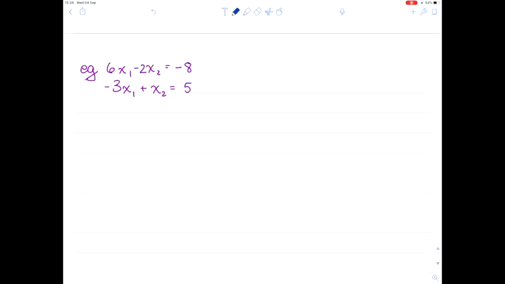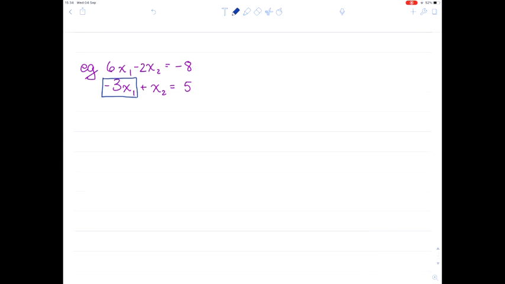So let's look at one final example. This is a simple case of two variables and two equations. And we're going to use the same technique as we have before. So what we want to do is add some multiple of the first row so that we can get rid of this minus 3x1 term. So we're changing the second row, not the first, so we'll write down the first row. And what we need to do is I'm going to take my second row and add half